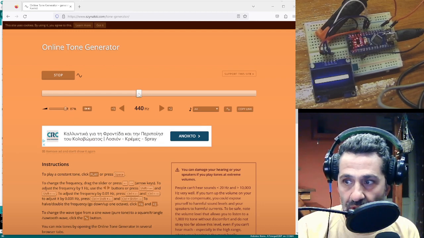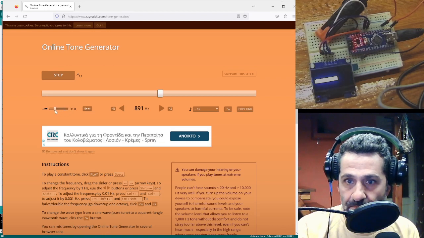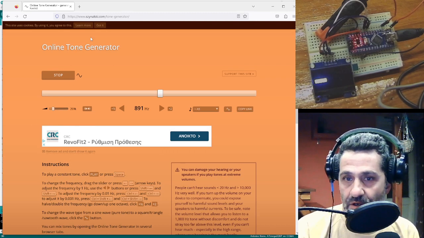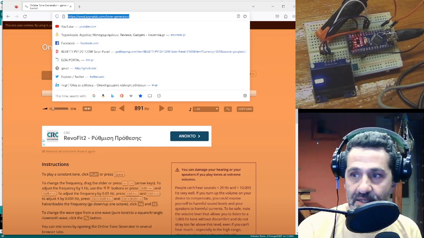Now, if I decrease the volume, the reading on the OLED screen decreases also. And if I increase it, it increases also. You see? This is a representation of a VU meter. To make it more fancy,